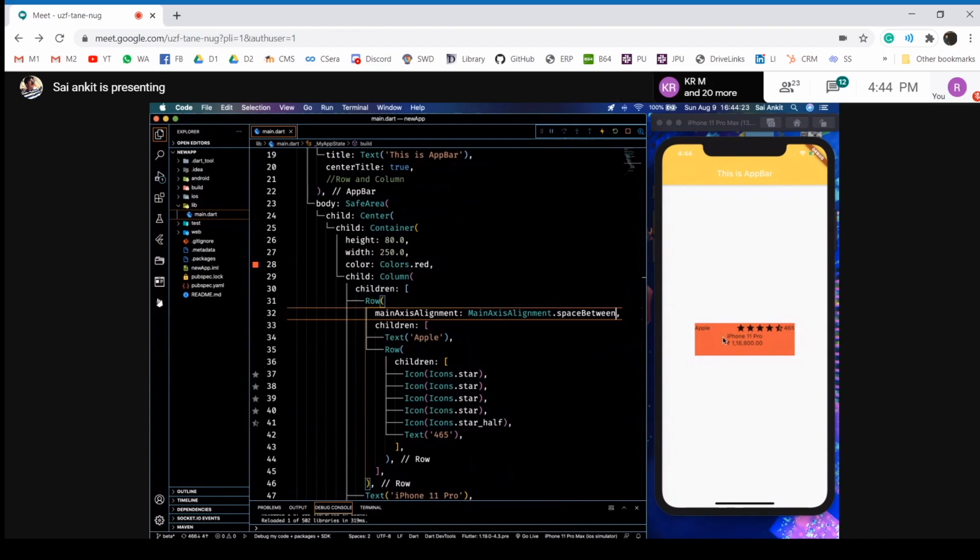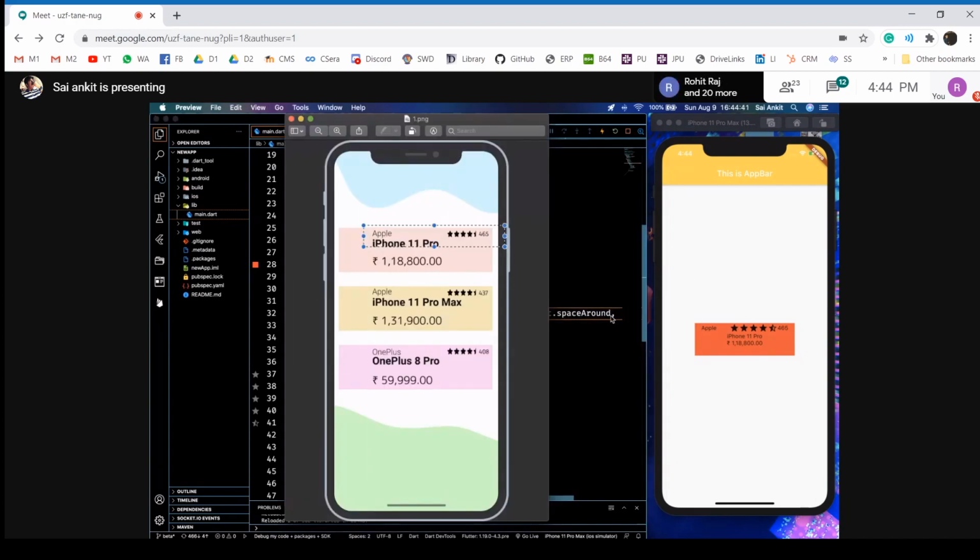Everything gets a space in between. You just want space between this widget and this complete whole set of widgets. So you wrap all this inside a row and then space in between. But this is going out of the way, so I'll just do space around maybe. Yeah, so this works fine.